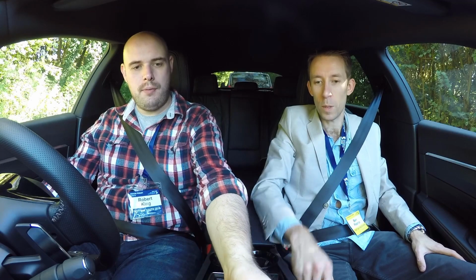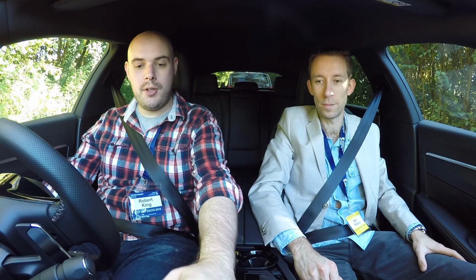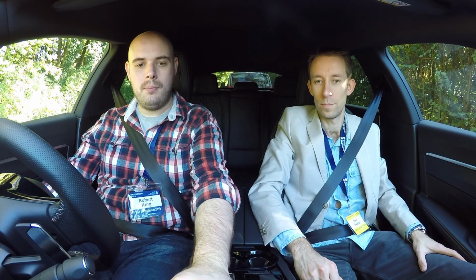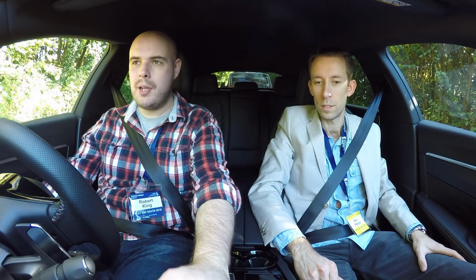But you use them to cycle through the different things. Yeah, so you probably have radio, air conditioning, sat nav, a picture of a car. Oh, that's the assists that you've got turned on. Then phone,